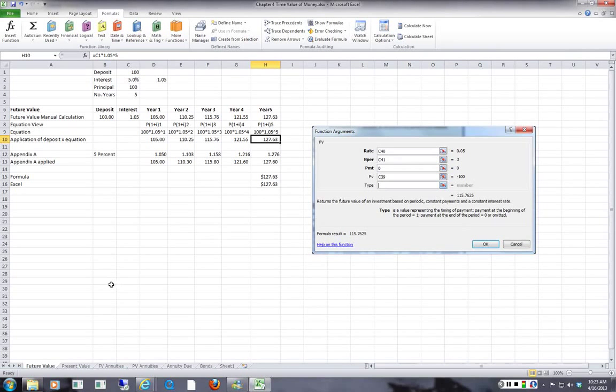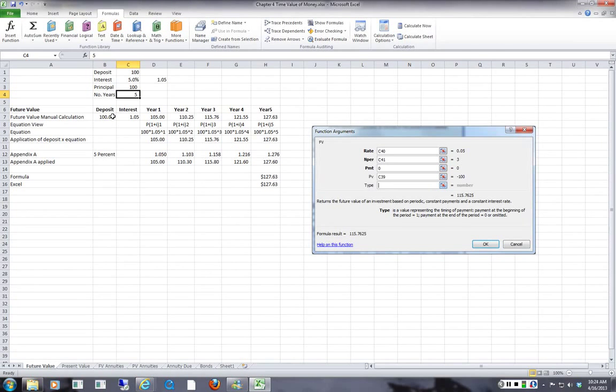This morning we want to talk about the future value and the present value of money. And we're talking about the time value of money. I've got a spreadsheet here which shows that we take $100. We're going to talk about the future value of $100 invested at 5%, and we want to invest it for 5 years. So we want to calculate what the future value of that $100 is going to be at the end of